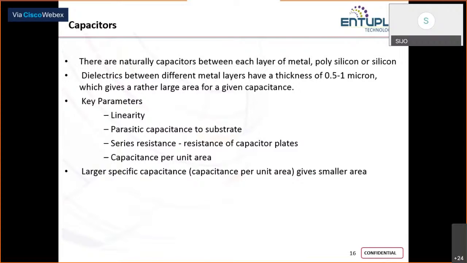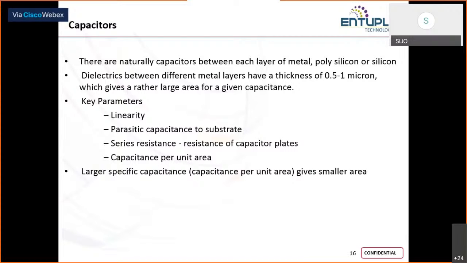So as a layout engineer, for a high-speed design, you should give prime priority to these parasitics, basically the capacitance per unit area and also the